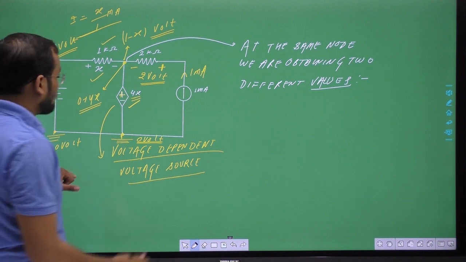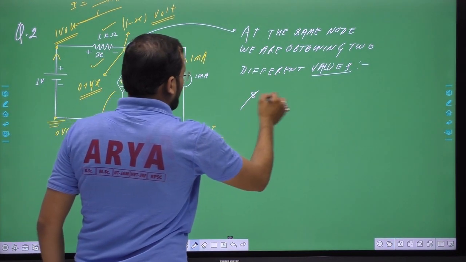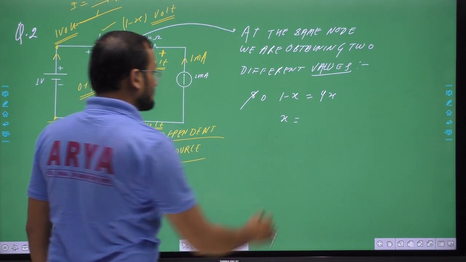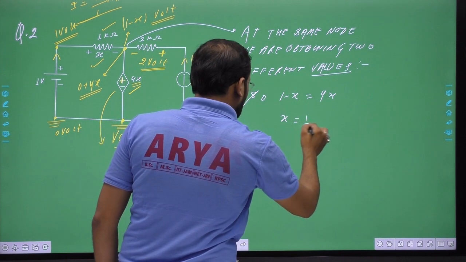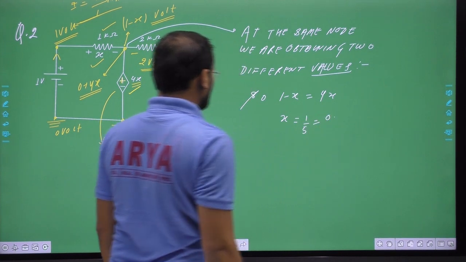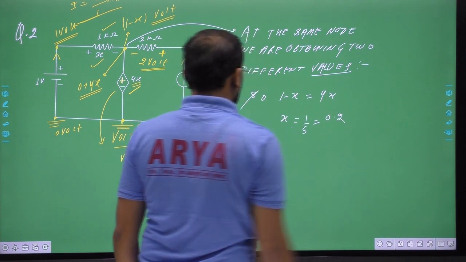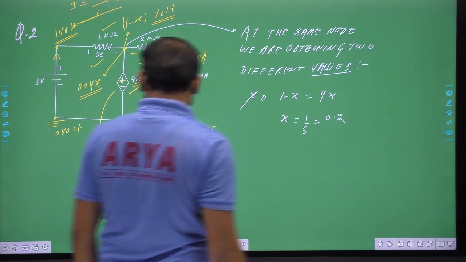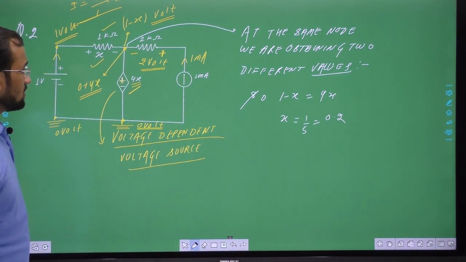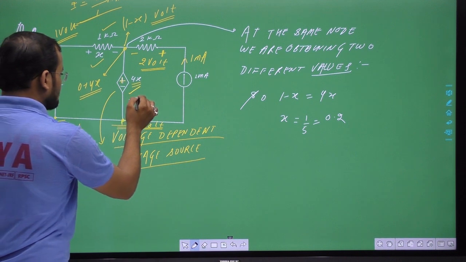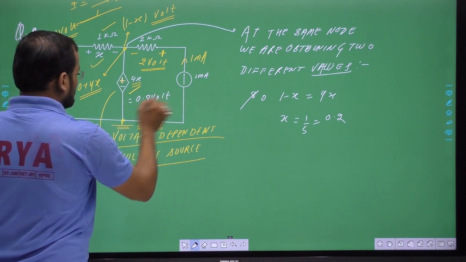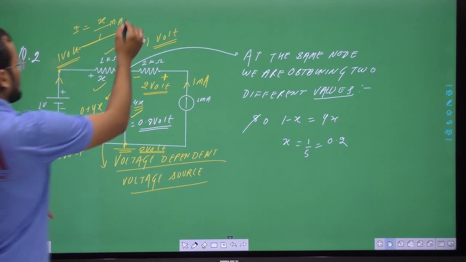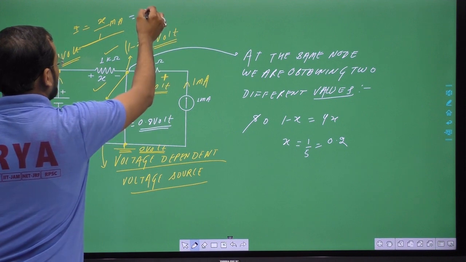So we have to put them equal. At this point, 1 minus x will be equal to 4x. By this we will get x equal to 1 by 5, which is equal to 0.2. What is the value of x? x is equal to 0.2. So by this the value is 0.8 volt, and the value of this current I is x...